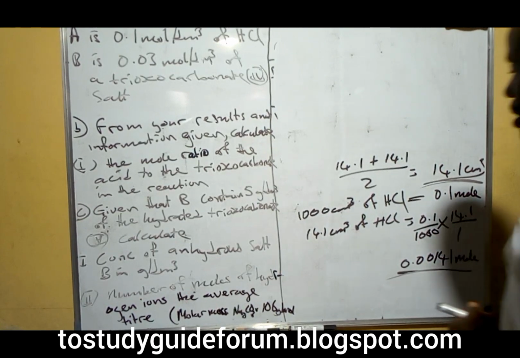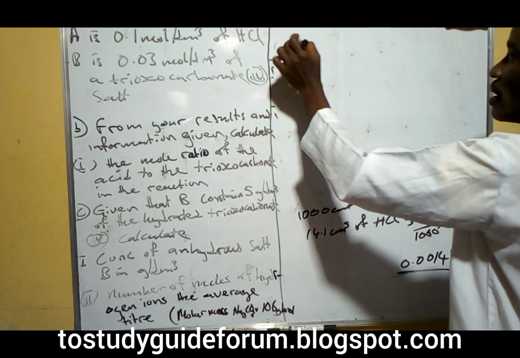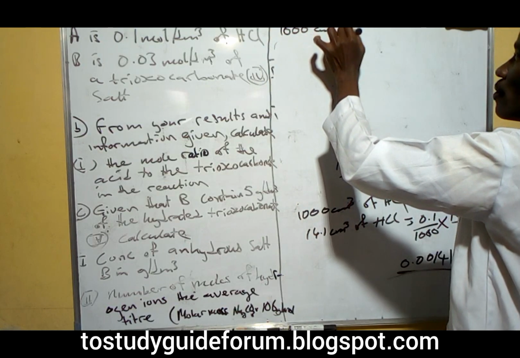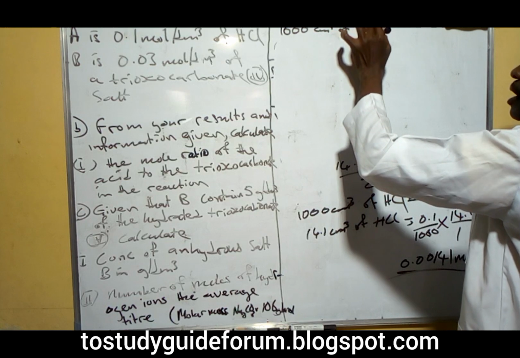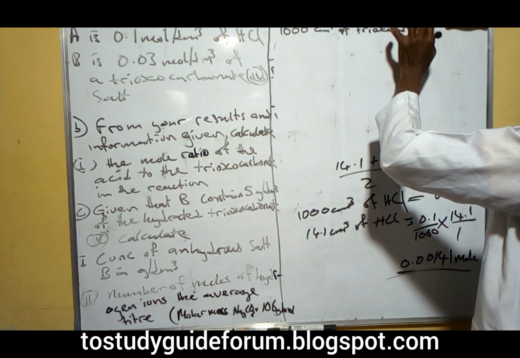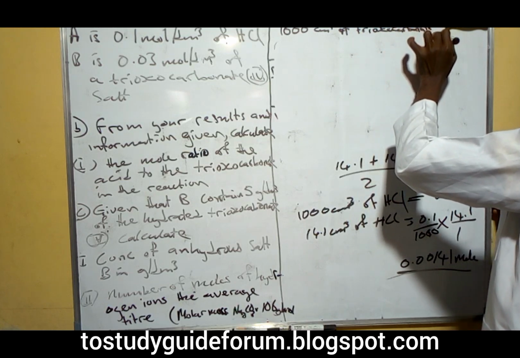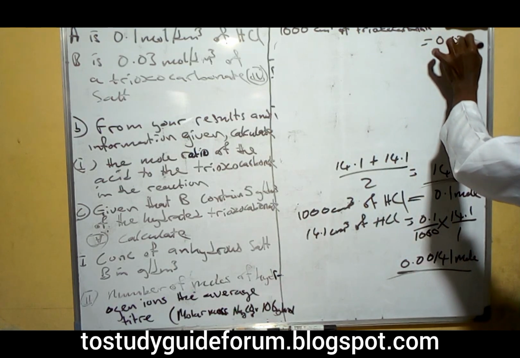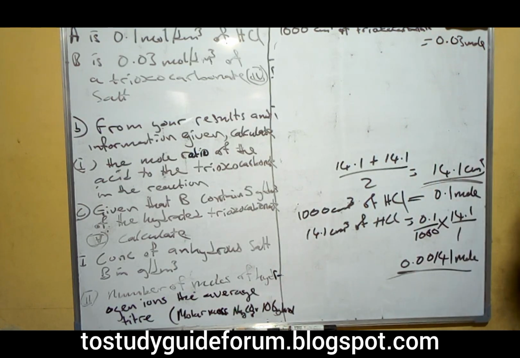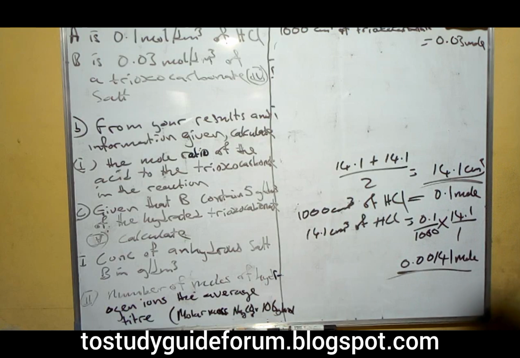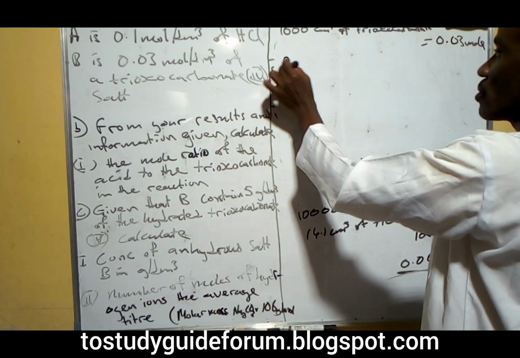So for the triacyl carbonate, we have 1000 cm³ of the triacyl carbonate containing 0.03 moles. So now we know the pipette we use is a 25 cm³. That means 25 cm³